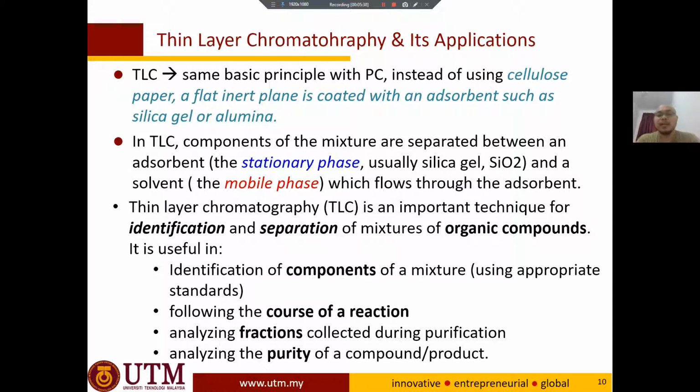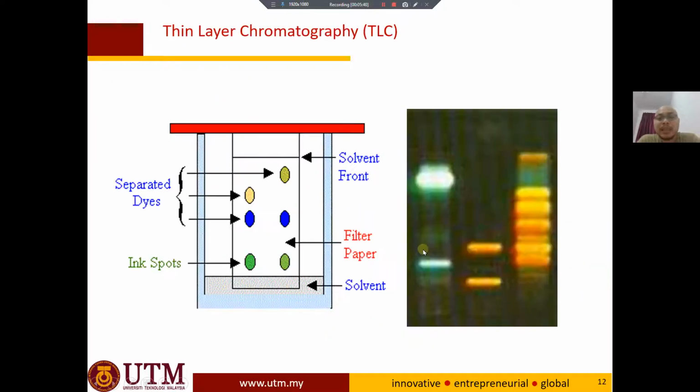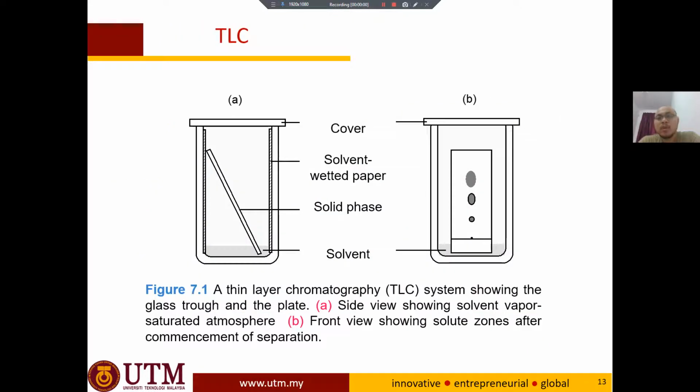Okay, that's it, I think, for the applications. Here is how you put the spots, and then they will be separated. Maybe here is the comparison between 2 inks, two gel pens. So we look over here. Some of the spots may come from the same compound, the others may come from a different compound. Okay,